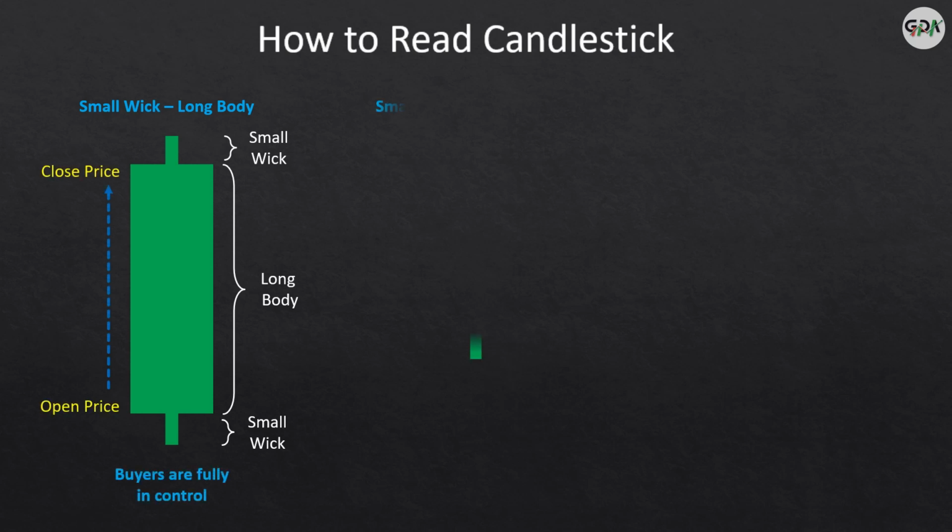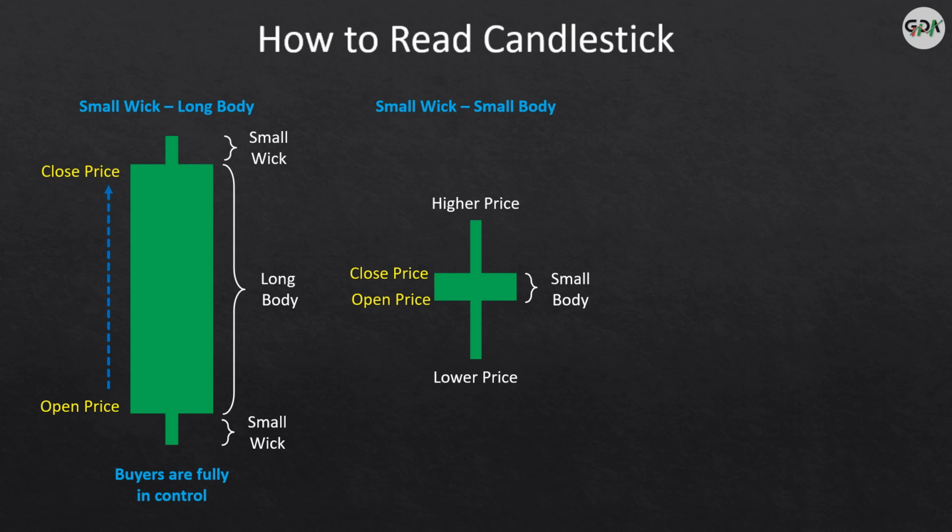This candle describes that the open price and closing price are very near, forming a small body, and rejection of higher and lower prices represents a doji type of price action. It means both buyers and sellers are present with low volumes. Generally, a small wick and small body candle tells us of an indecision pattern.